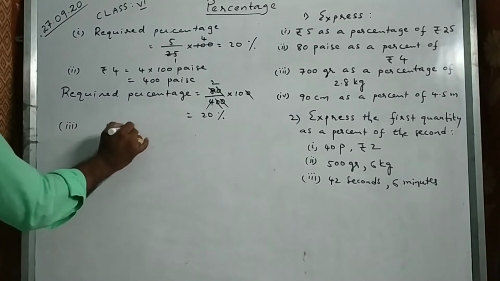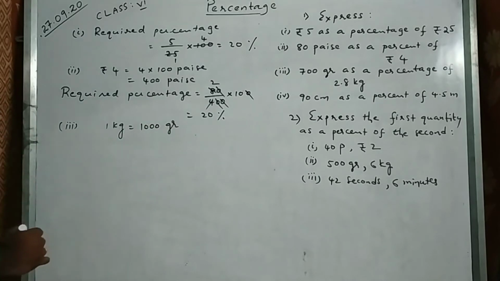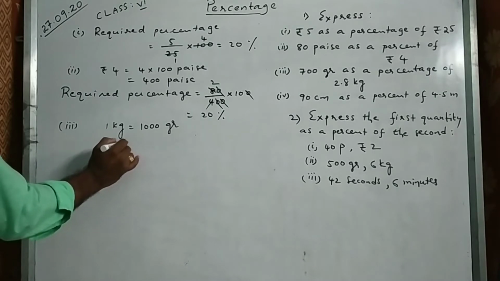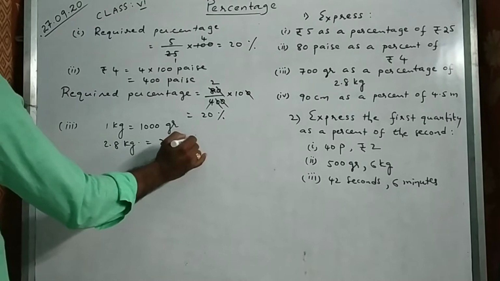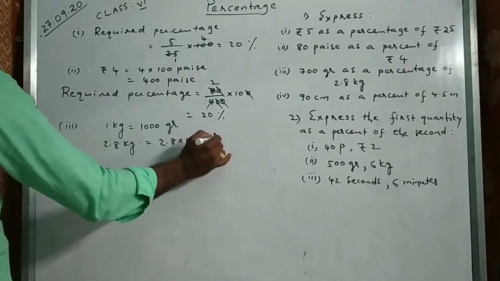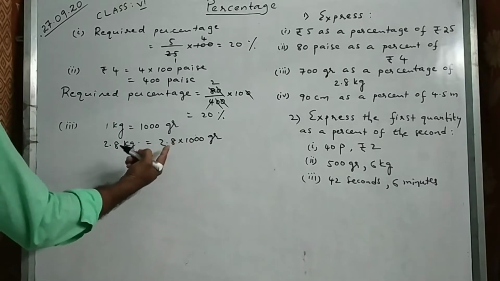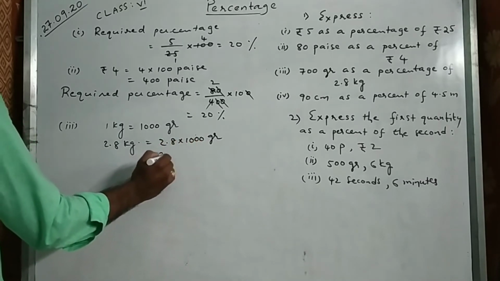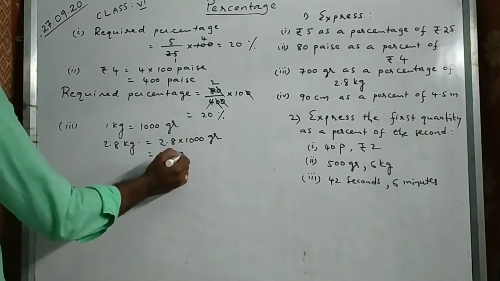Third one. 700 grams, this is 2.8 kg. 1 kg equal to how many grams? We know that 1000 grams. You remember? 1 kilogram equal to 1000 grams. So 2.8 kg means 2.8 into 1000 grams. Change it into grams. So here I told you, do you remember? With one decimal point, 1 0 will be gone. Then this will be 28. Here 1 0 is gone means we have 2 more zeros.